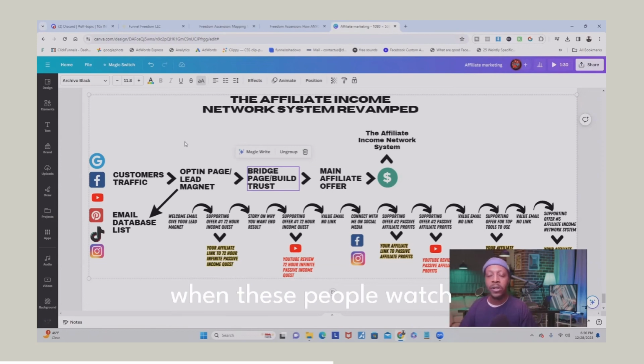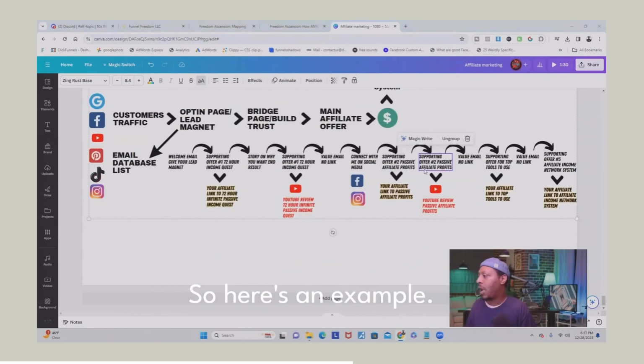But the cool thing is, when these people watch these videos and learn more about whatever tool, product, software or service, and they click those links, you're going to get the credit for the commission. So here's an example. As you can see in one of the email sequences, in that email, there's going to be a video that they can watch training on that particular product. But the email isn't going to send them to our YouTube page, where if they click the link, I get the credit. It's going to send them to a different YouTube page that's going to have a YouTube video there that you won't have to create, but it's going to have your affiliate link on that page. So if they click the button and make a purchase, you're going to get the affiliate commission.